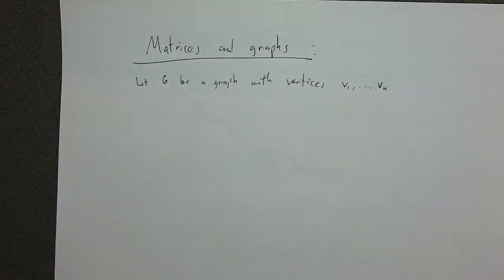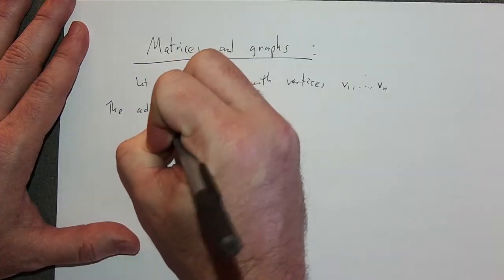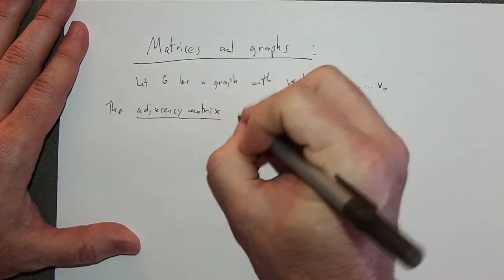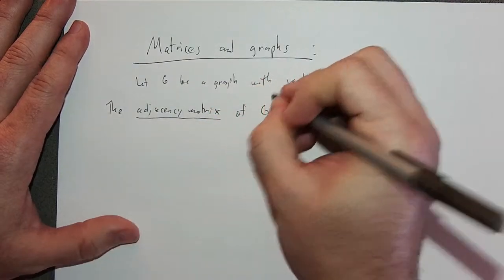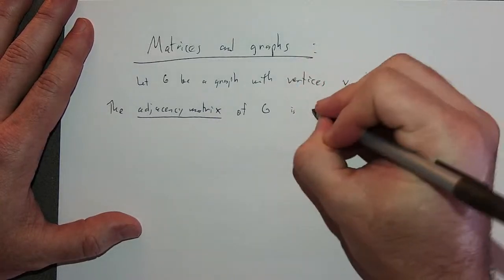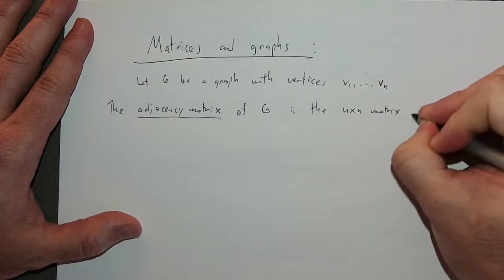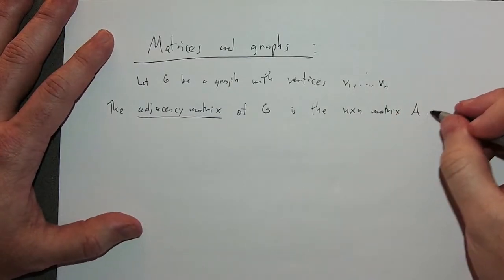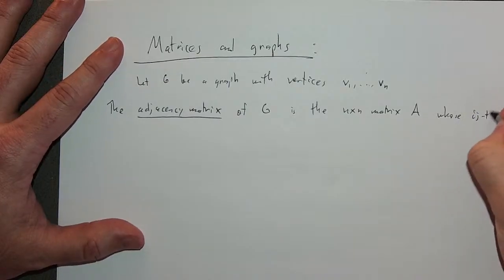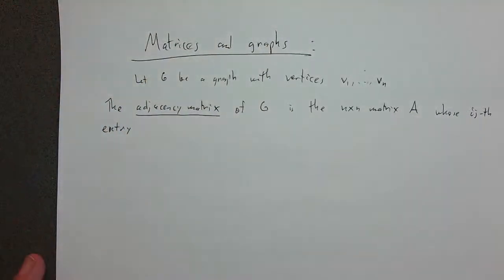The adjacency matrix of G is the n by n matrix A whose ijth entry, that is the entry in the ith row, jth column,